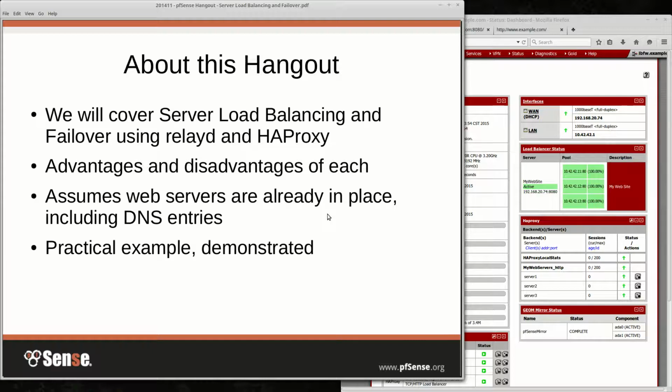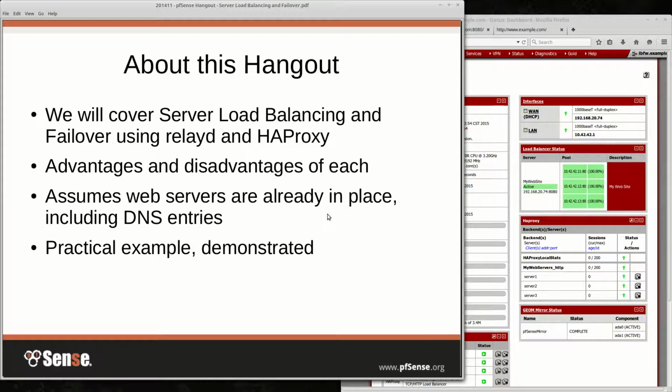There are several other packages out there that will do reverse proxying like this, like Squid 3 reverse and Apache proxy mod security, things like that. They are not quite as easy to get going as HAProxy, and at least in my experience, I haven't had as much luck with them being stable and easy to use. So primary choices here are RealAD and HAProxy. I'm going to go over a bunch of the advantages and disadvantages, when you'd want to use each one, basically.